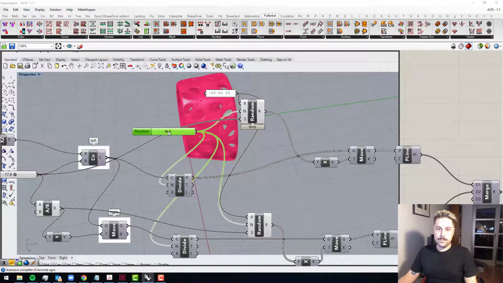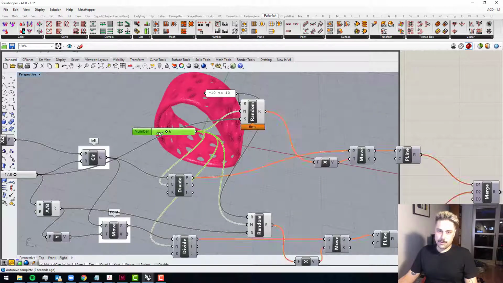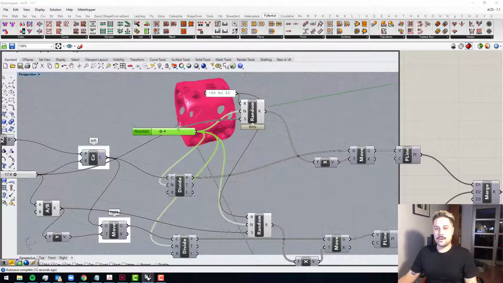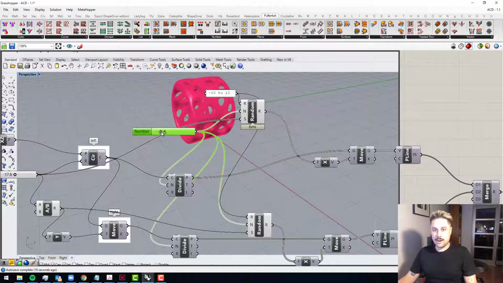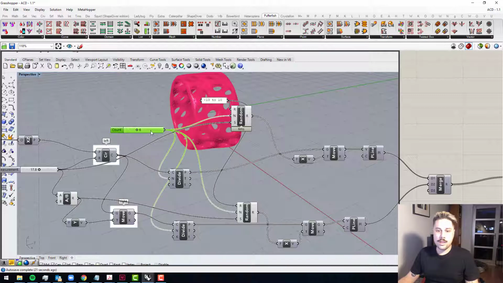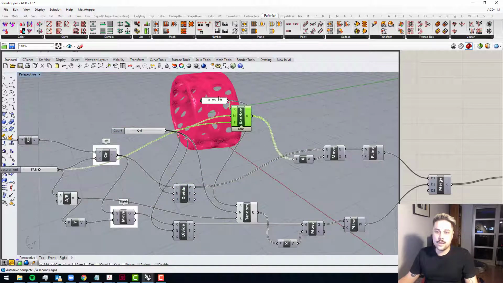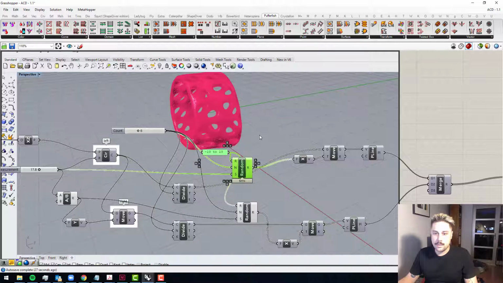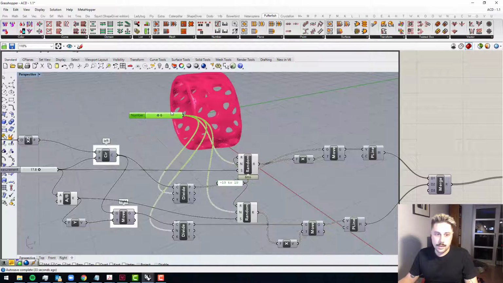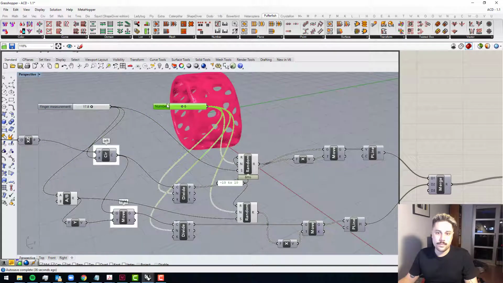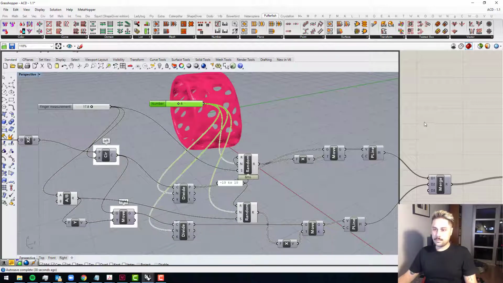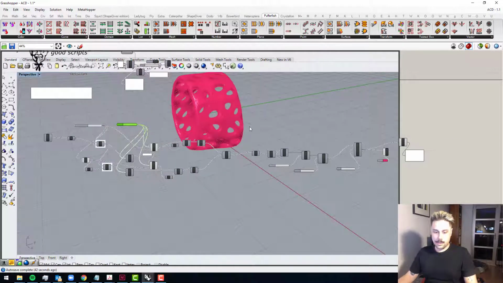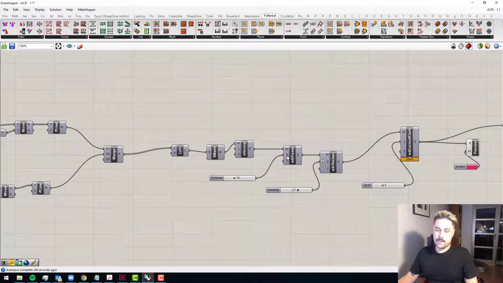And I think now we have the ability to increase the randomness. Well, the amount of points that are generated. So we make it really small. We don't get a lot of faces generated. But when we start to increase that, we get more and more faces, which is cool. And that's controlling a lot of things at the moment, isn't it? So let's just bring that down here. In there. So there's one input. There's another. Cool. And then what else do we have? We have, oh, okay, that's